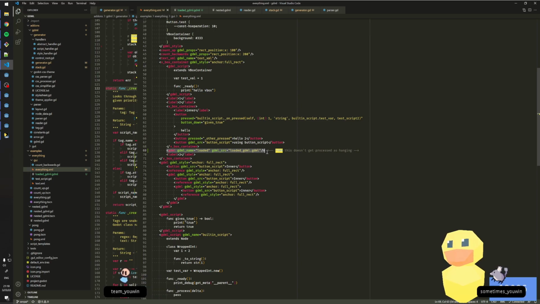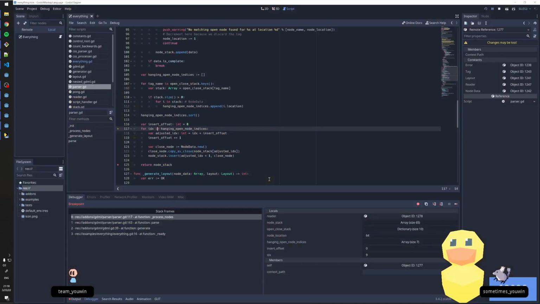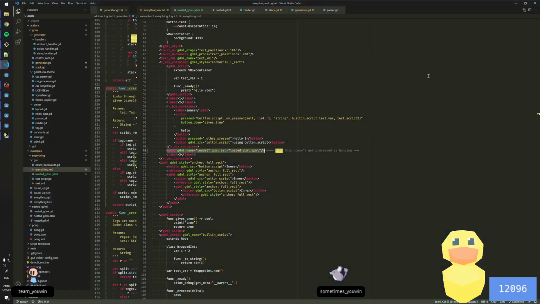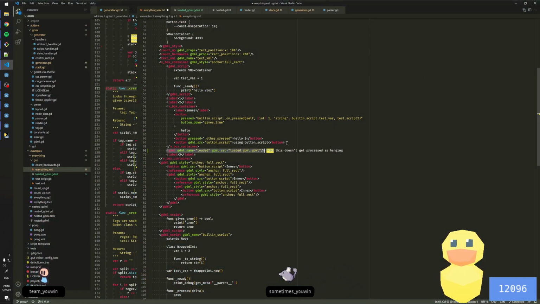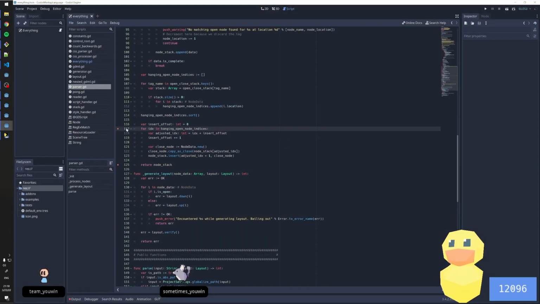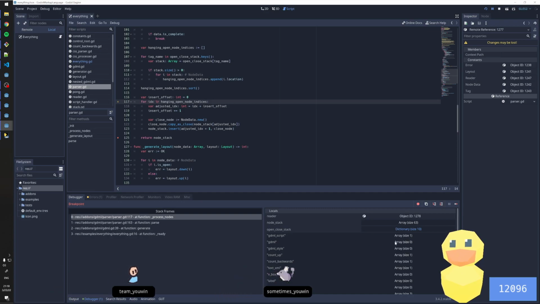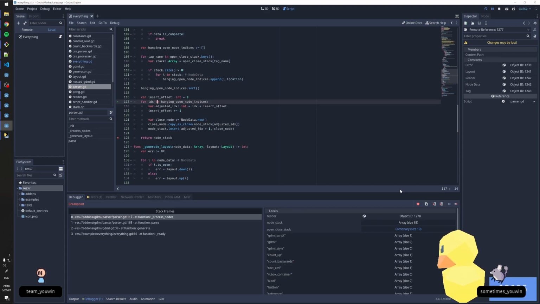What I can tell from debugging is that this GDML doesn't get closed properly, which is interesting, because we can also just take out this entire thing and check again,